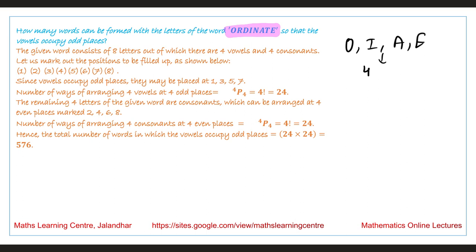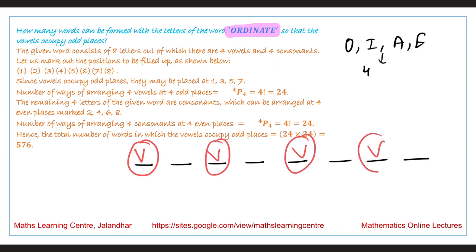Now it is being given that the vowels occupy odd places. So we are saying 1, 2, 3, 4, 5, 6, 7, 8. Vowels are at these places. We are saying at this place it is vowel, vowel, vowel and vowel. So basically what we are saying, for these 4 places, we have to choose these 4 vowels. So the number of ways to do this, it is 4p4, that is equal to 4 factorial, that is equal to 24. Now at rest of these places,